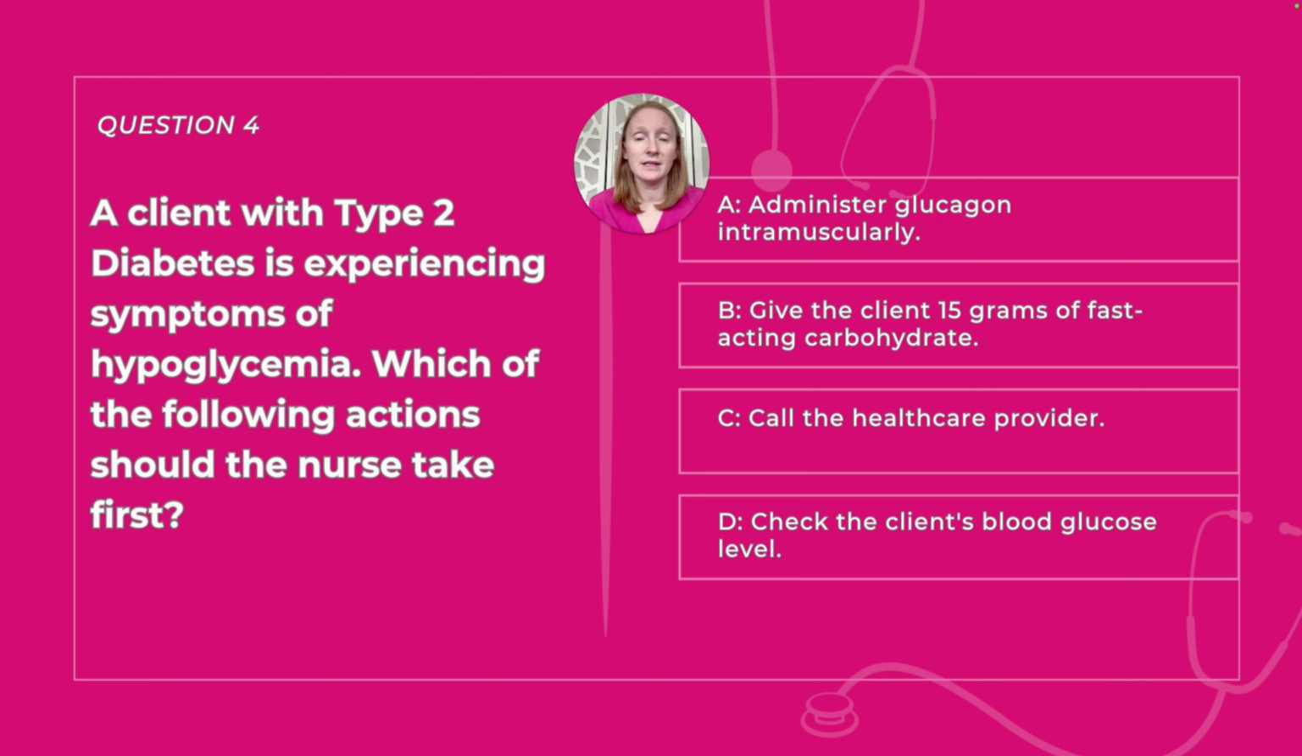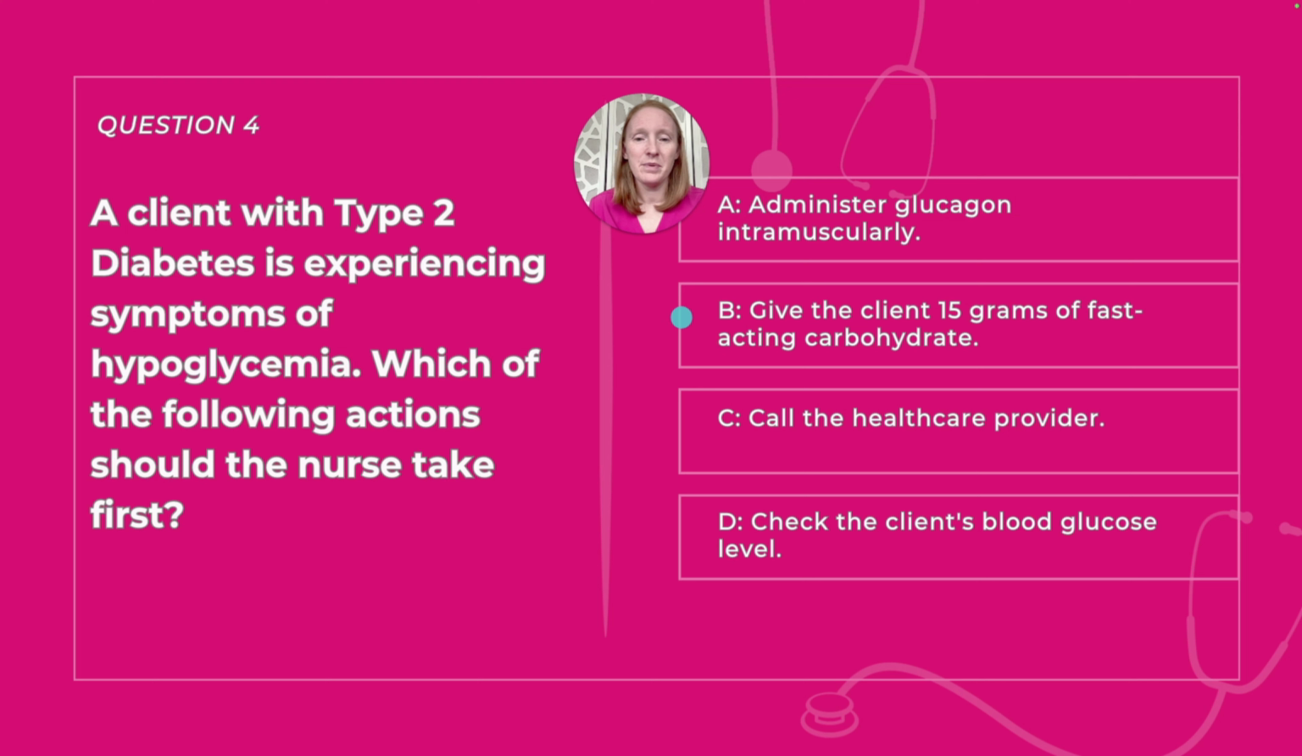Let's look at the answer choices. A, administer glucagon intramuscularly. This answer sounds great. Glucagon is going to be a form of sugar. It's going to increase our blood sugar. Therefore, if we think that the client is experiencing hypoglycemia, we know that we probably want to give them sugar. We like this answer, we're going to keep it, but we always go through all of them just in case